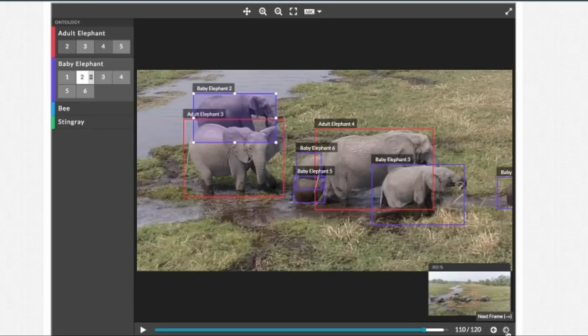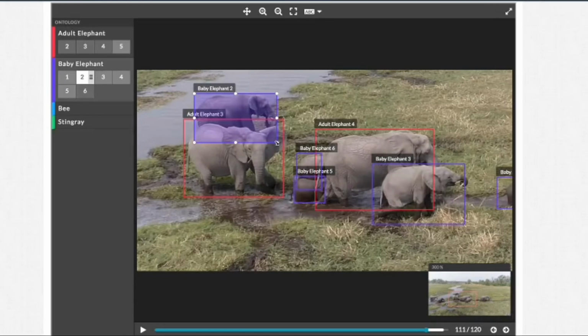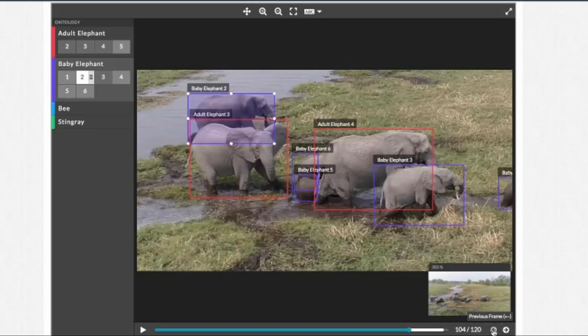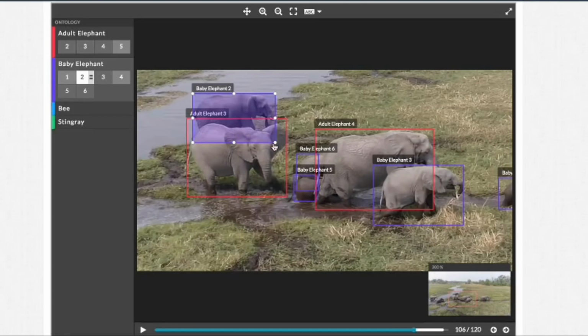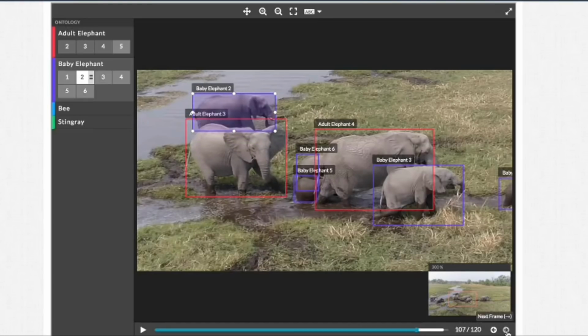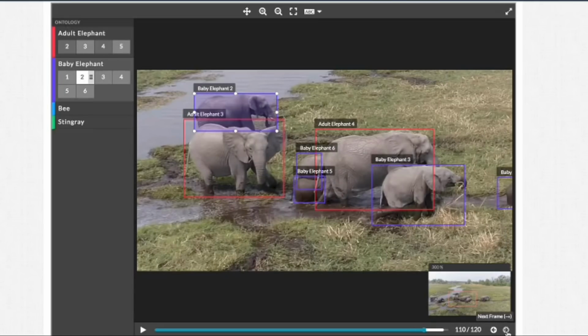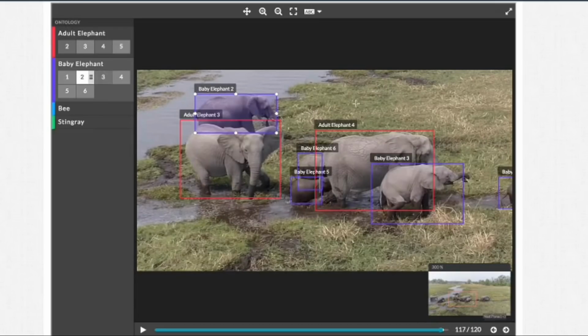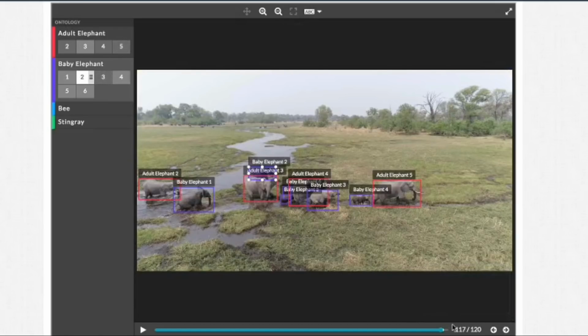So now it's looking good. Although, technically, since that leg disappeared, we'll want to move it up here. So let's actually move back. So that leg disappears there, and once that leg disappears, the lowest point visible on the elephant is way up here, right? So we actually need to move it up. All right. Now the machine learning is doing a good job. So we were at, I think, 17 or 18, so now we can move back out now that that's been fixed, and we'll walk through these last couple frames, fix a couple little things as we go,